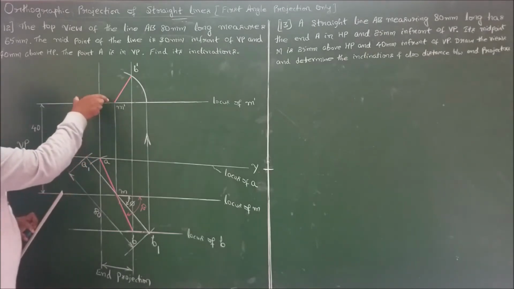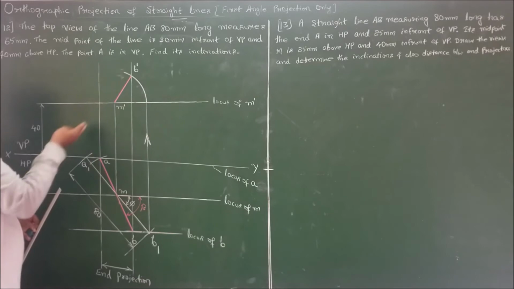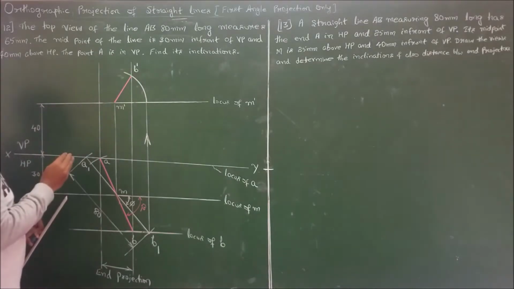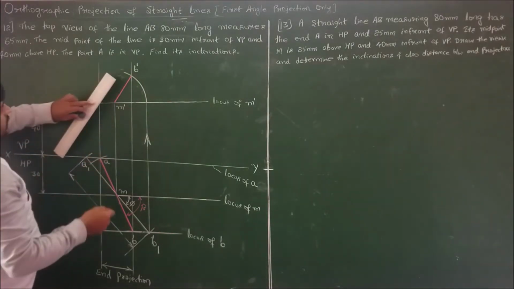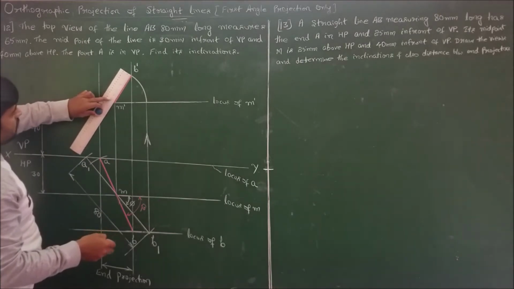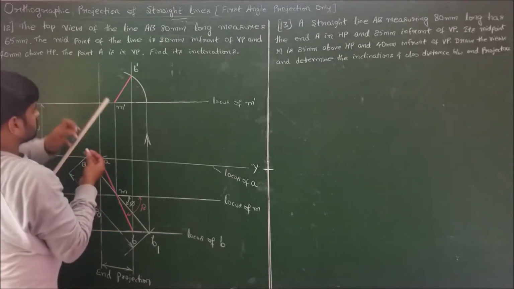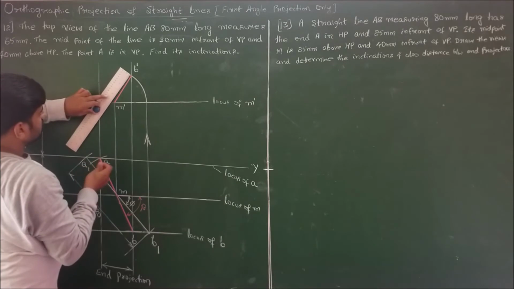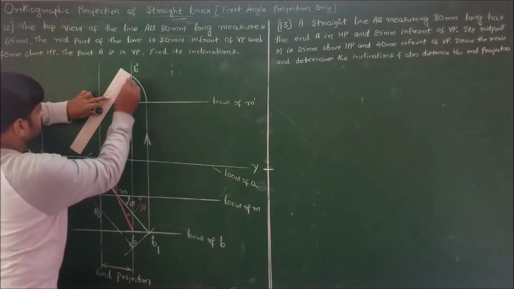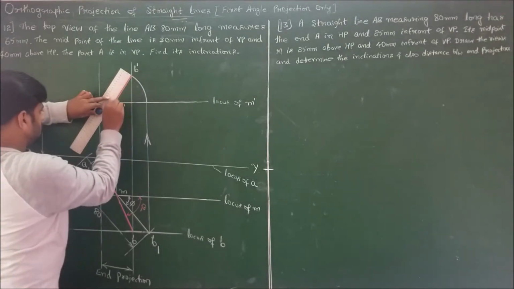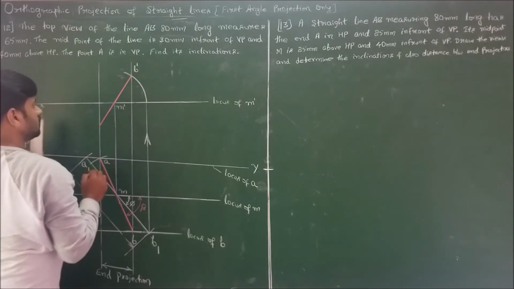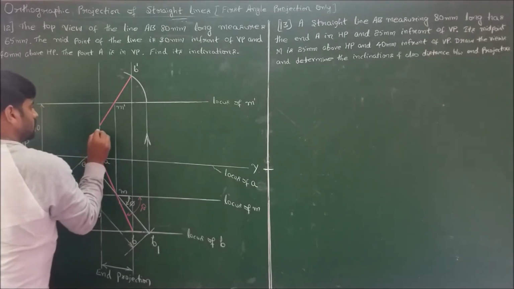You cannot rotate it clockwise because the line is inclined like this, A dash, B dash. That is, either you can extend this backward like this. I have extended and found out A dash,